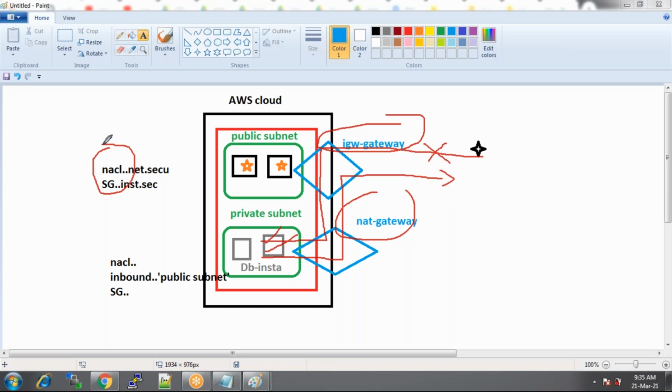So what is a public subnet? What is a private subnet? If a subnet has an internet gateway, that's a public subnet. If a subnet has a NAT gateway, that's a private subnet. Can you differentiate these two again? What is the purpose of this? Internet gateway gives access to the instances in the public subnet, whereas NAT gateway also. If instances want to have access to the internet, that happens through NAT gateways, but that internet communication goes only one way. So that's a very, very important question.